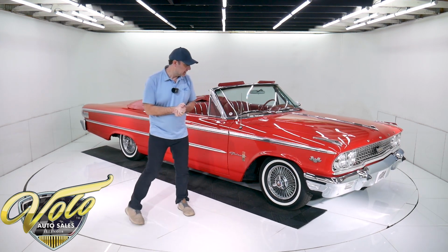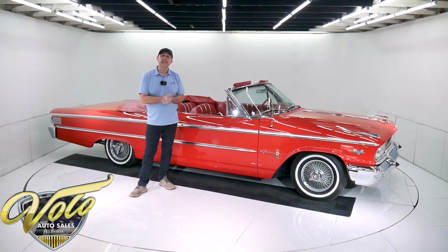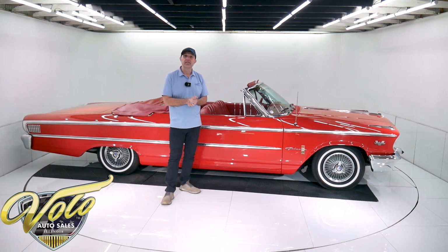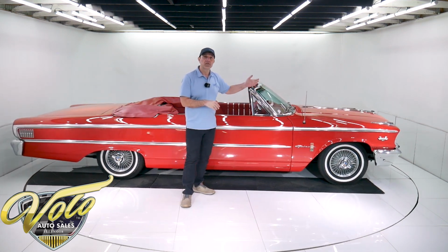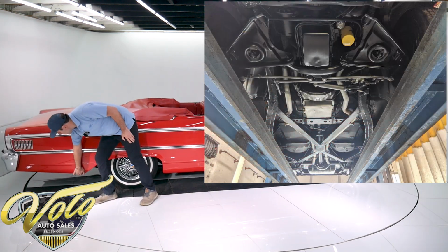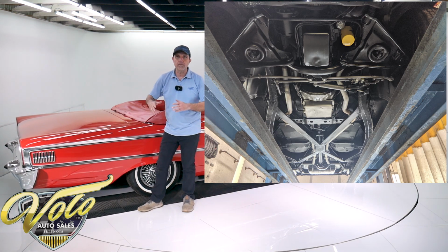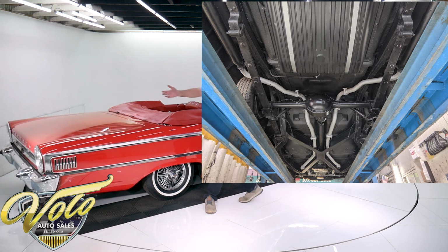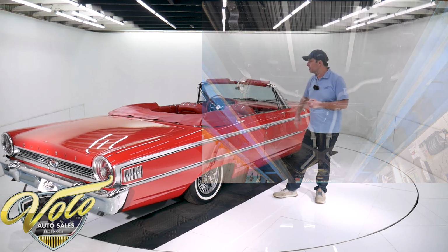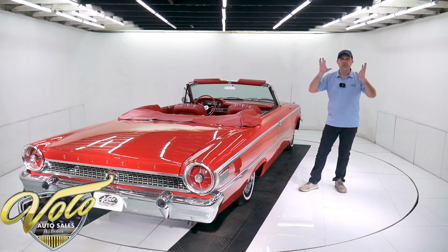This topless Galaxie. Claimed to be, and it's very believable, a 65,000 mile car. It's from Kentucky, and it is rust-free. Underneath, the floors are beautiful, front to back, even up underneath the rear quarters here. This is dry, clean metal. The inner part is not patched or cut up or rusted. It's just clean. All the floor pans, all the factory seams and pinch welds are all real nice. It's been cleaned up and given a nice dusting of black paint, so it just looks really nice and clean